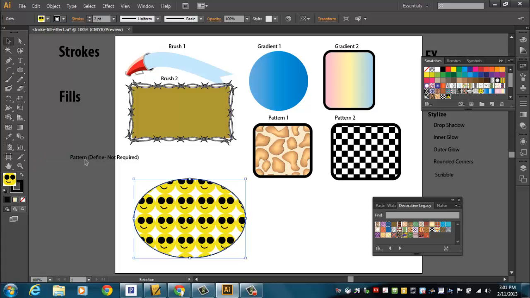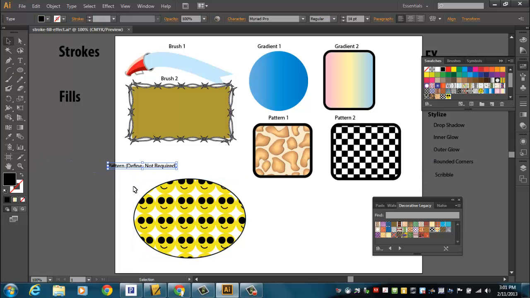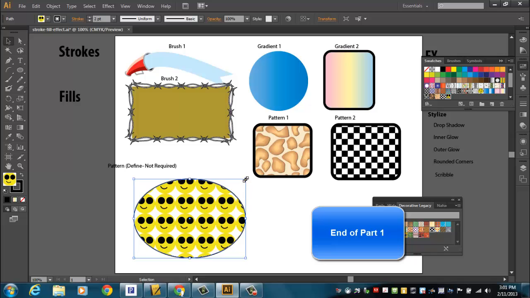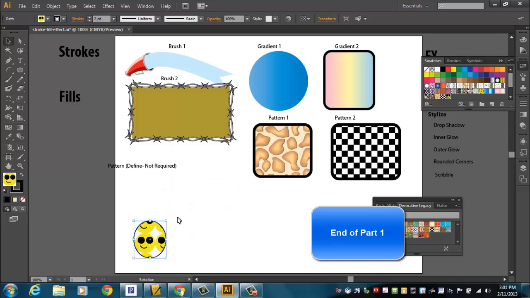Now remember, as far as this assignment goes today, you don't have to do that one if you don't want to. You can try it out if you feel like, oh yeah, okay, I see what you're doing, I get that. You can try it out if you want to, but it is not a required item. I'm going to size that way down and get that out of the way and put it over here. Okay. Now to